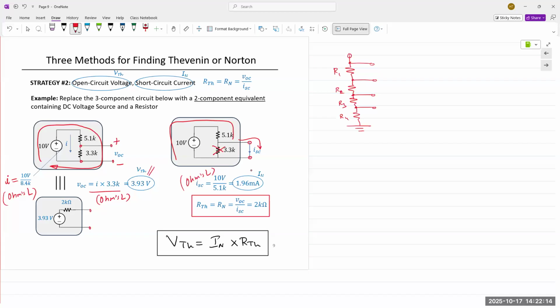Okay, so from here you apply Ohm's law, you can find 2 kilo ohms. And in my quizzes and exams, I will state there, do not use Ohm's law to directly find RTH. Okay, but this is a way to find RTH. Okay, let's look at,